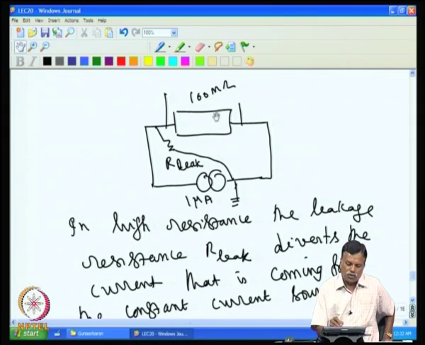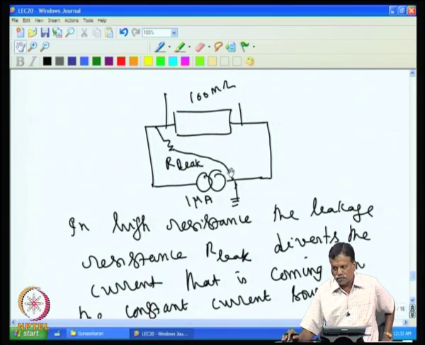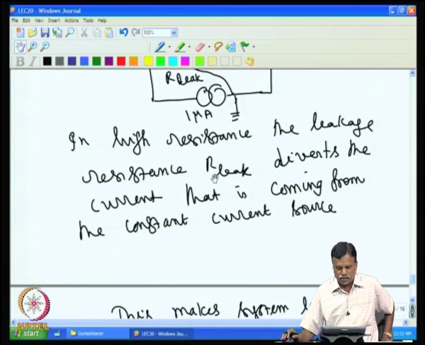When the resistance is low, then we can keep a large current here and make this current also very small. So, this current will be negligible, and the leakage will not give much error in the case of low resistance. This problem comes only in the high resistance. So, what is the technique that we have to use for measuring the value of the high resistance,